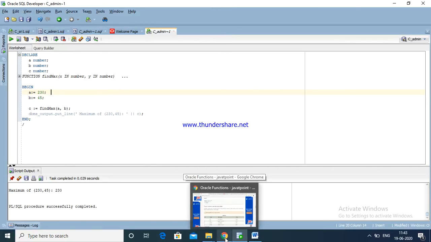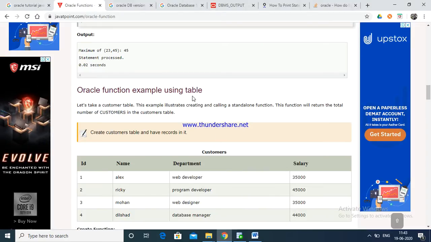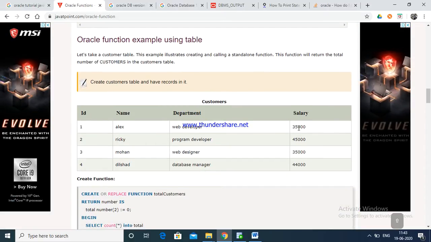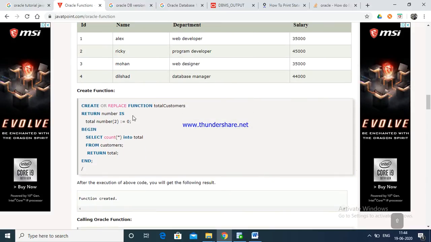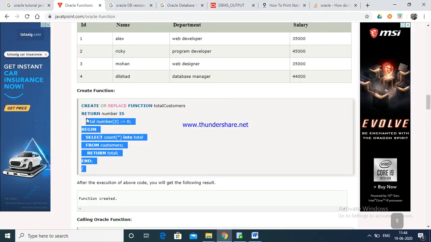Same way we are going to discuss another example, an Oracle function example using a table. This is the customers table with ID, name, department, salary. In the customers table we have: create or replace function total number of customers. This is the function declaration, return type, beginning, select count star from the table. Same way we are going to call this